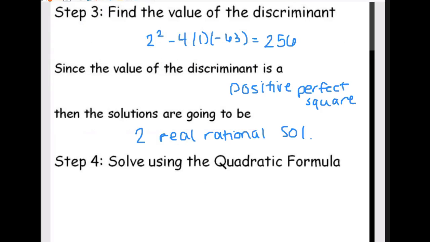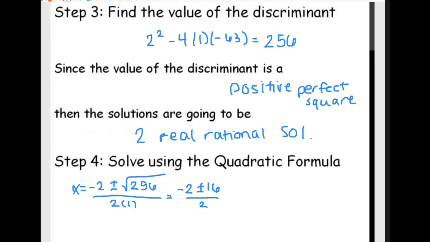So b is 2, so you have x equals negative 2 plus or minus the square root of 256 all over 2 times a, which was 1. So that gives negative 2 plus or minus the square root of 256, which is 16, all over 2. So now you split your problem, and you do negative 2 plus 16 over 2, and negative 2 minus 16 over 2,